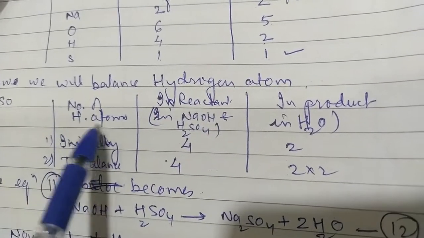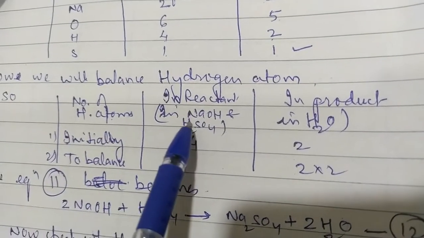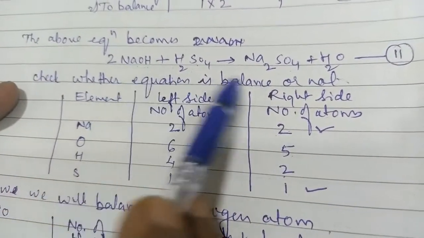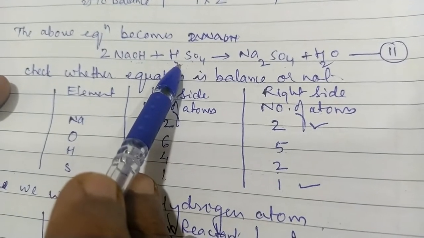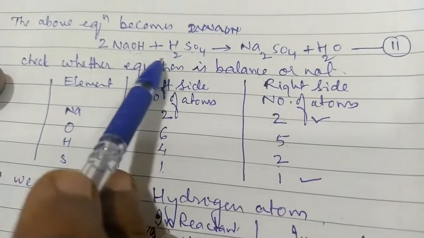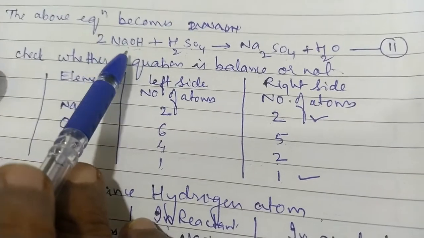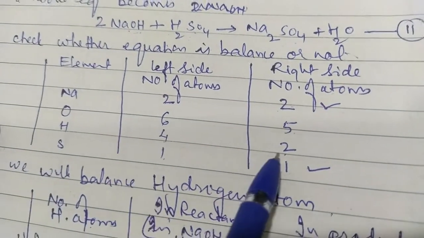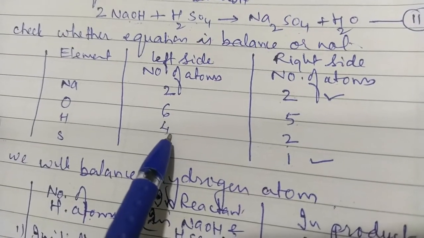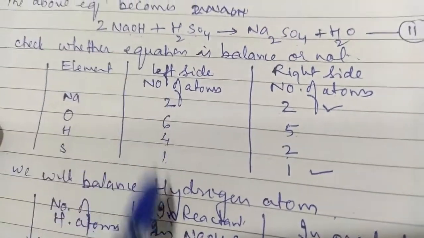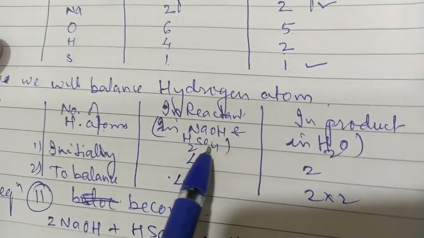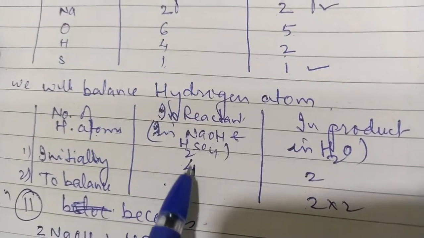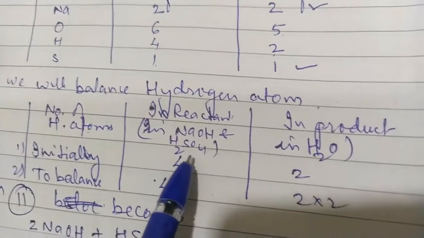So again, the number of hydrogen atoms. In which compounds are the hydrogen atoms? Here and hydrogen here also. Okay. Then here also. So what we will do? We will see now to balance. First we have seen this hydrogen is 4 here and 2 here. So what we will do? We will balance in this equation. Okay. So in NaOH also and H2O, so hydrogen atoms are there.